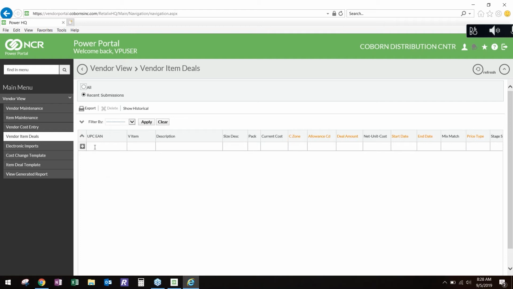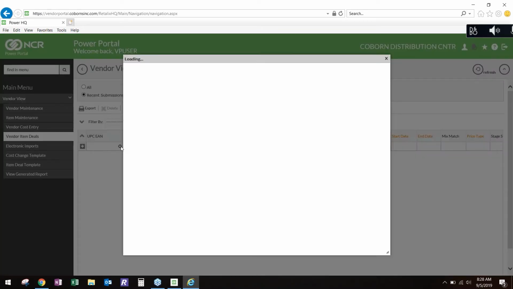So for vendor item deals, if I'm looking to do 1 or 2 UPCs, I start by working my way left to right across the top. I'll click on the UPC field, and you can see it has a search magnifying glass. Otherwise, if I know what the UPC is, I can simply enter that UPC. Otherwise, if I'm not sure what that UPC is, I'll have to click on the magnifying glass to bring up